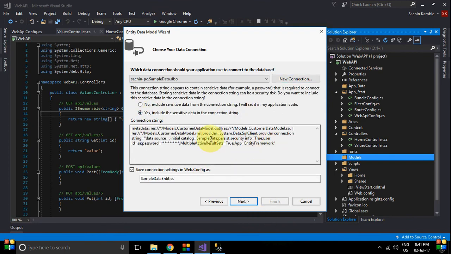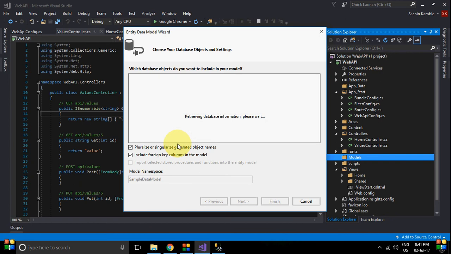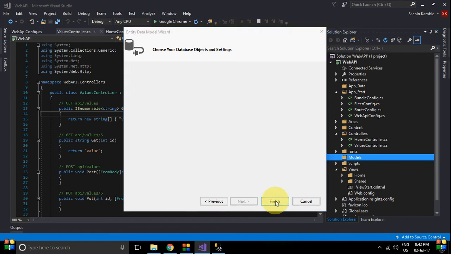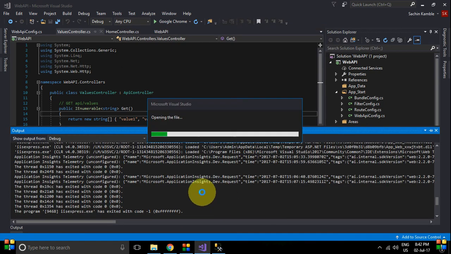Yes, it will add username and password, and name of the entity is sample data entities. Okay, so select the database, table name, table, customer, model namespace is sample data model. So it will take some time.